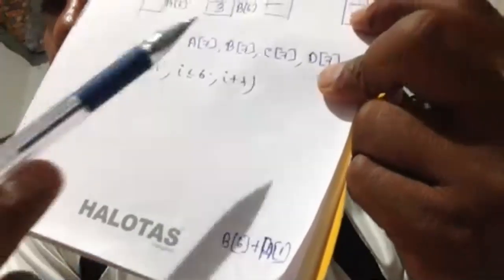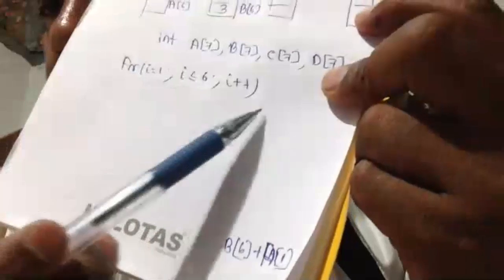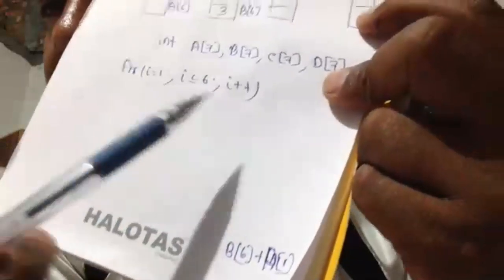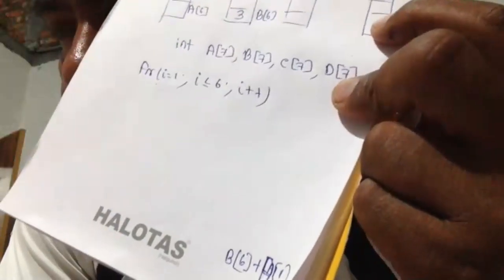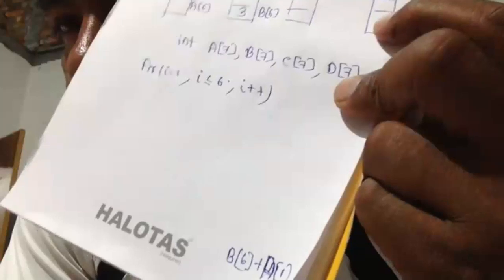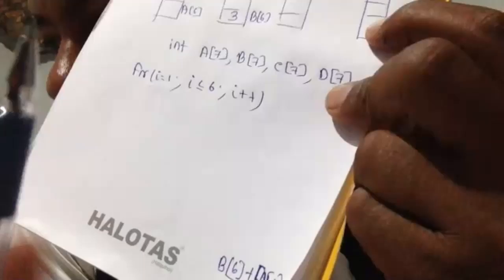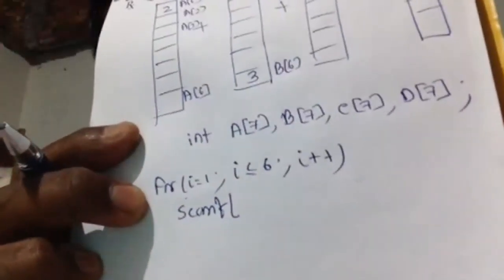Okay. Now I have to generate the address. So first, with a for loop, I create the different addresses. Then I have to input the data. So what is the statement for input? Scanf. Okay, fine. So scanf, what is the variable name? I put scanf. Then what to do? %d.